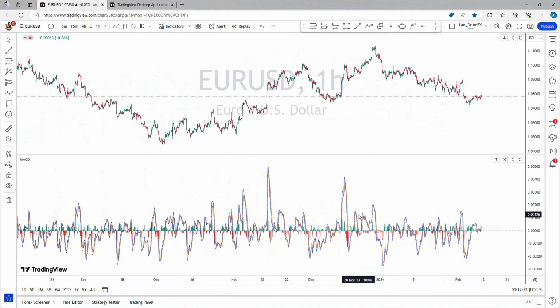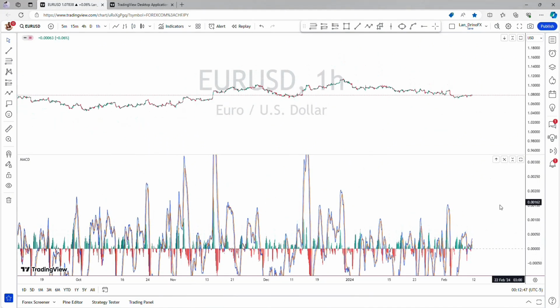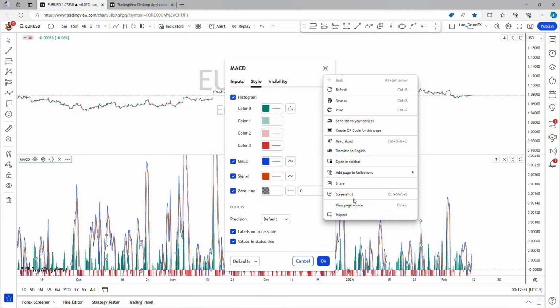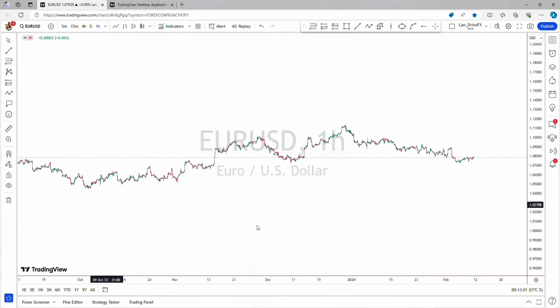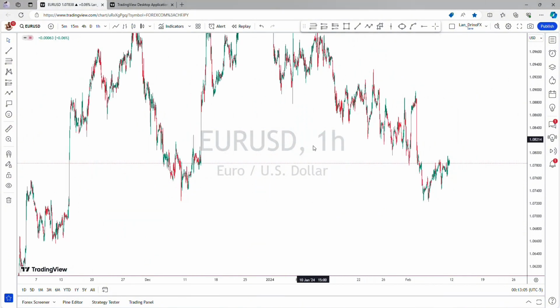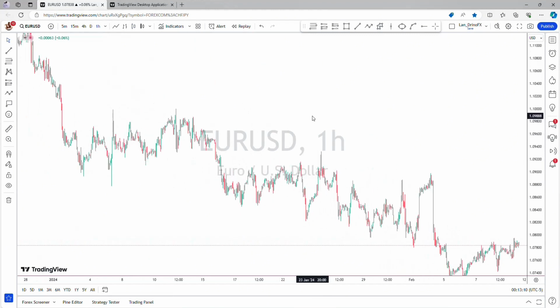So you can use this indicator to trade in the foreign exchange market. Now, how can you remove it? You simply double tap on it. You are going to see the remove icon. Here you can just delete from here. You can simply press on this cross and it's going to be removed. Now you are going to have your chart back again. There are people who trade with indicators and there are others who do not trade with indicators,